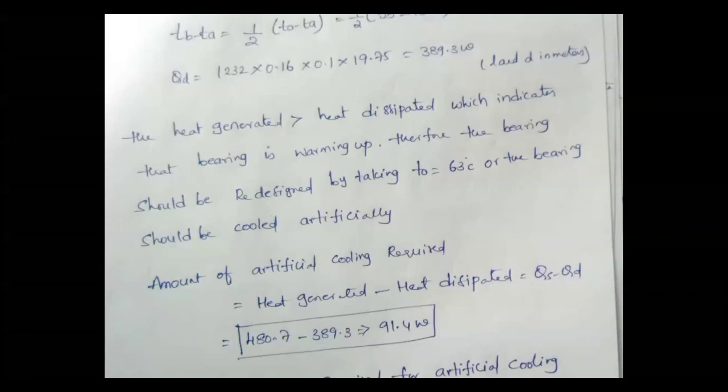Suppose the amount of heat generated is less. Suppose heat generation is 390 and heat dissipated is 392 or 393, let us take as an example for your assumption only. In that particular case you require only normal cooling, because no additional cooling is required, because the amount of heat generated is the same as the amount of heat dissipated. Whatever heat is generated there is dissipated, so there is no additional cooling, right? That is the concept. I hope you understand the concept.